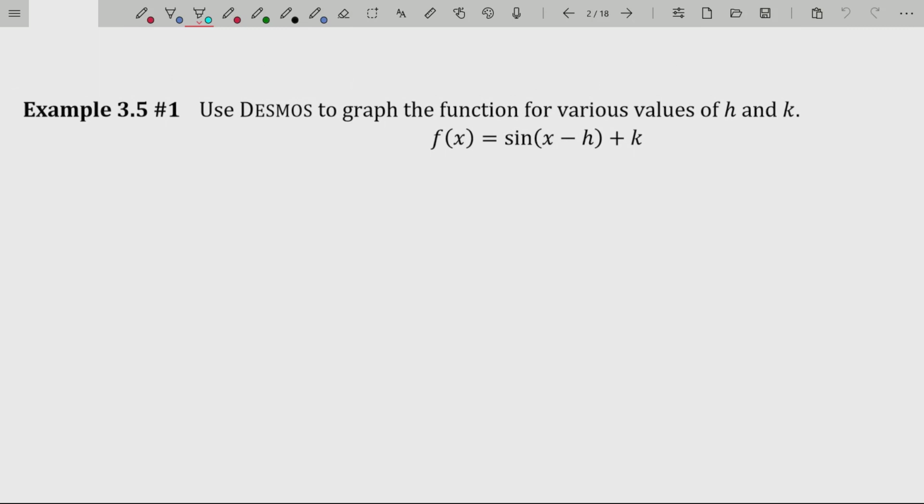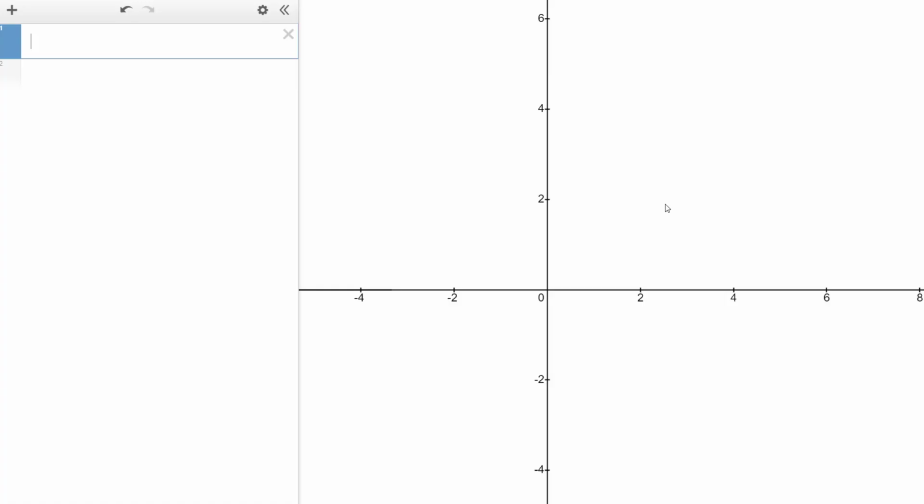Normally, when you're doing transformations, whether they're shifts, reflections, stretches, or compressions, you do not use something like Desmos. You do everything by hand. However, this is a really good way to see what the effect of those h's and k's are by using something like Desmos. So I'm going to bring up Desmos here,